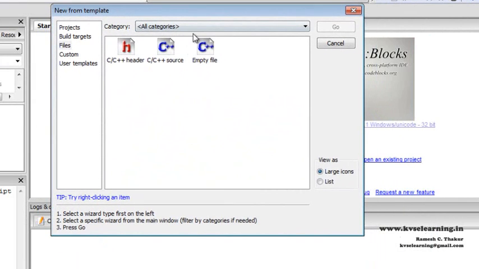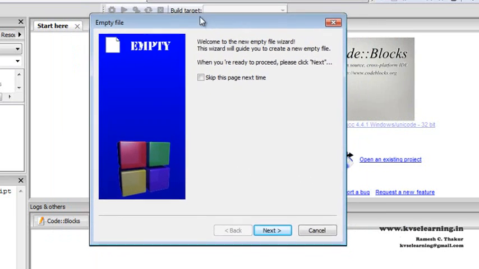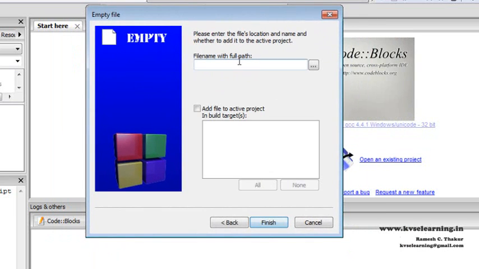Now it shall ask you what type of file you wish to create. It may be a C++ header file, it may be a C++ source file, or it may be an empty C++ file. So let us create an empty C++ file, and if we click the go option, next,